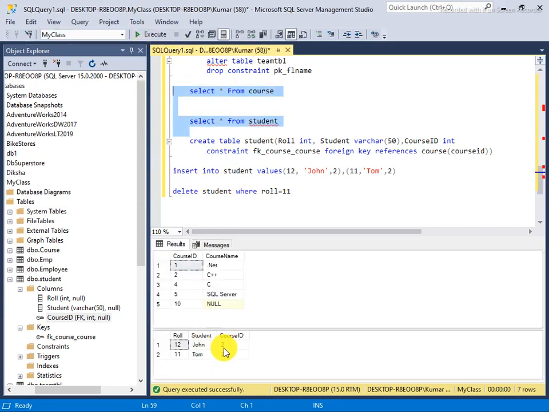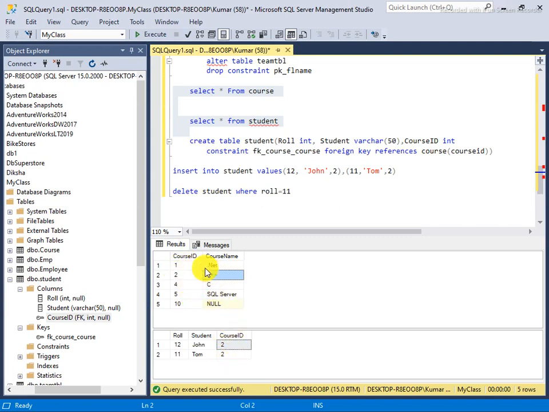The technical thing is that suppose here we are writing C++ and C++ and C++ directly, or any other person who is in SQL Server, whose course ID is 5. If I am writing SQL Server and C++ directly, the reason I am not doing that is that if such a thing changes in our data, like the course, later if we want to change SQL Server to Microsoft SQL, I have to change it multiple times in multiple places.